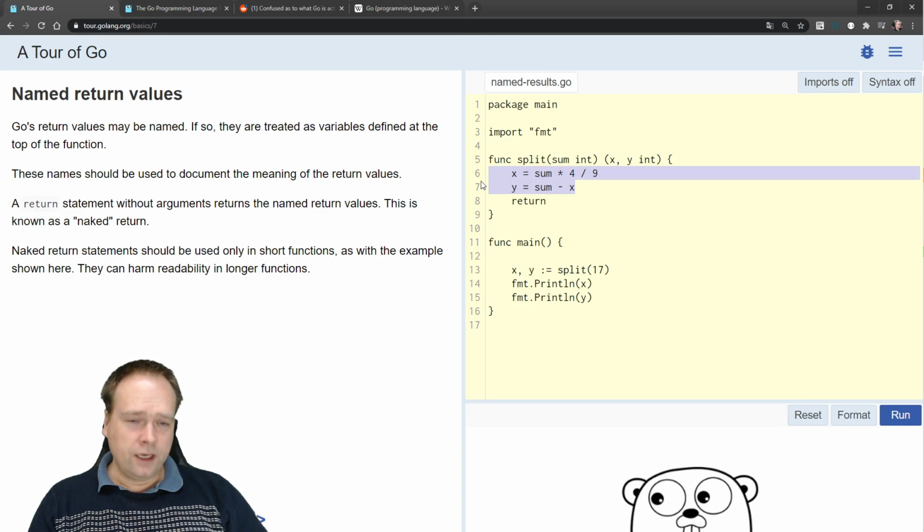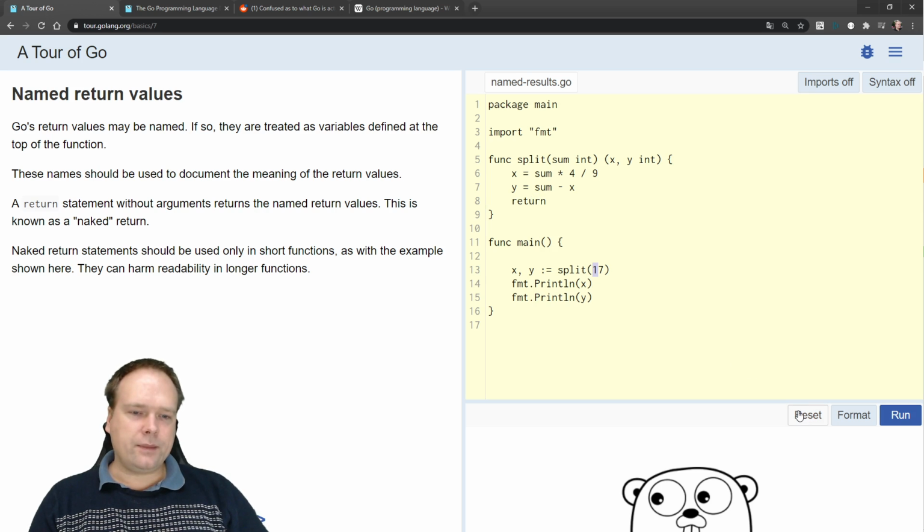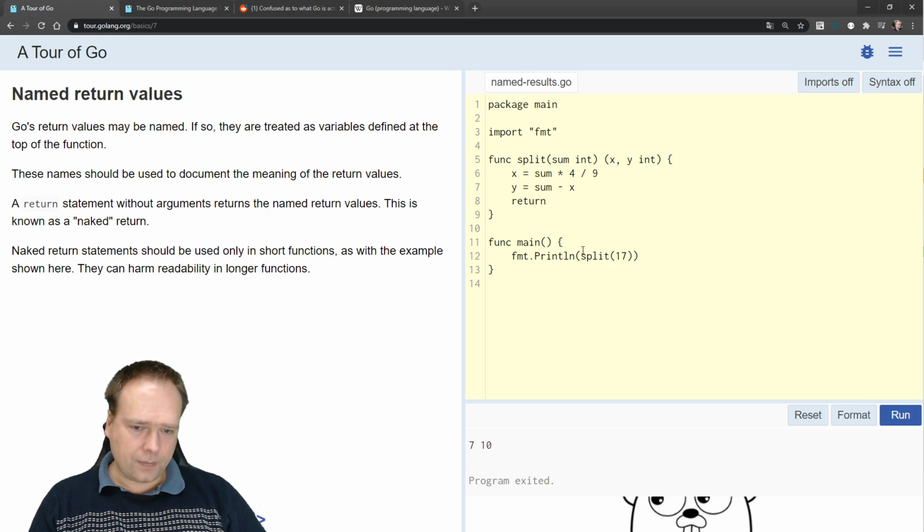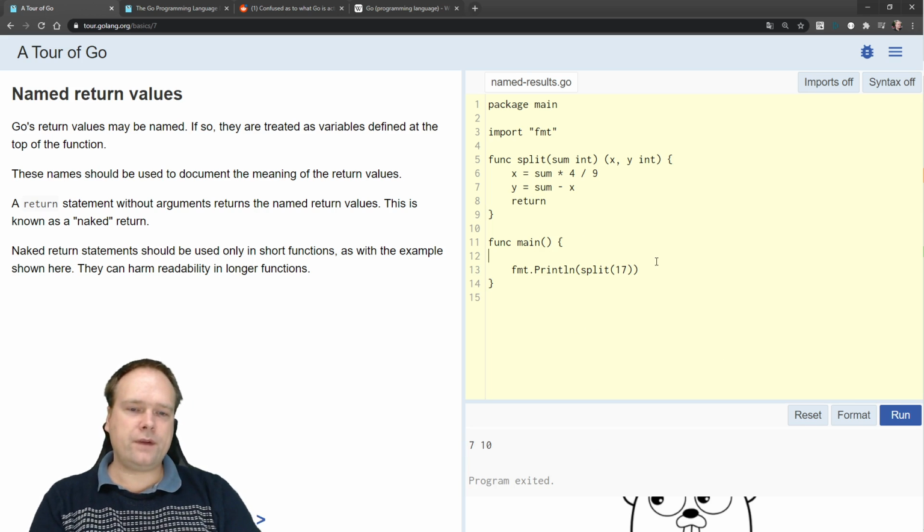We're setting those named values right here instead, and then we're returning them right there. And let me also just reset this, because this was actually just like that. 7 and 10, we're printing out those values right there. But what we could actually do is we could actually say